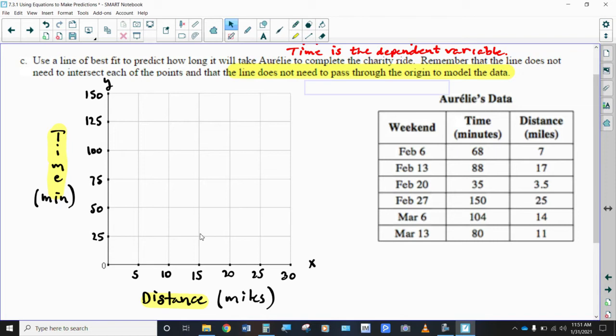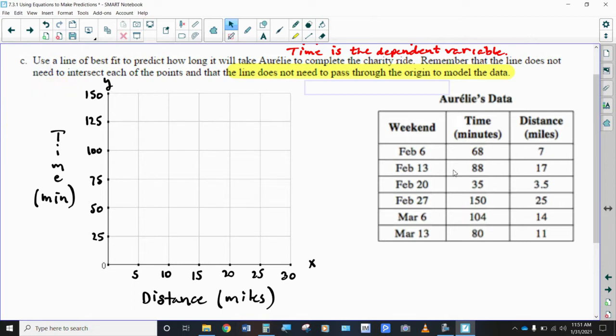I don't know why, but a lot of times, if you think about it, there is something that can explain why your y-intercept is what it is. Okay, so what I'd like for you to do is create this scatter plot, create this graph where we need the time to go up to 150. So you decide how you want to count. I chose to count by 25s. And you want your distance to go all the way up to at least 25, and I had mine end up going to 30. So go ahead and pause it and create your coordinate grid